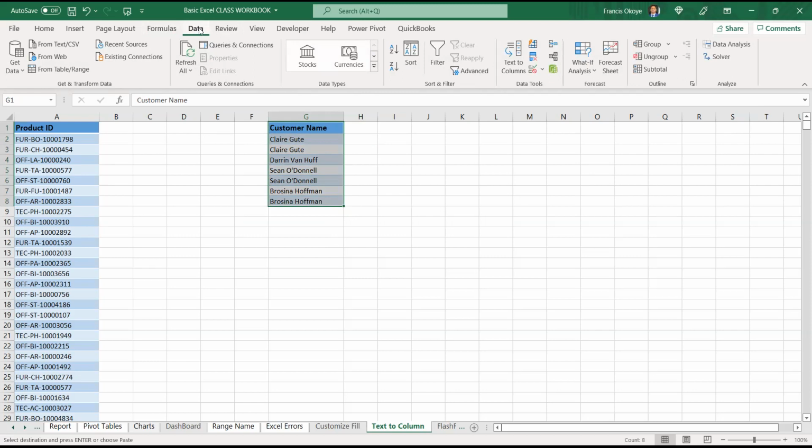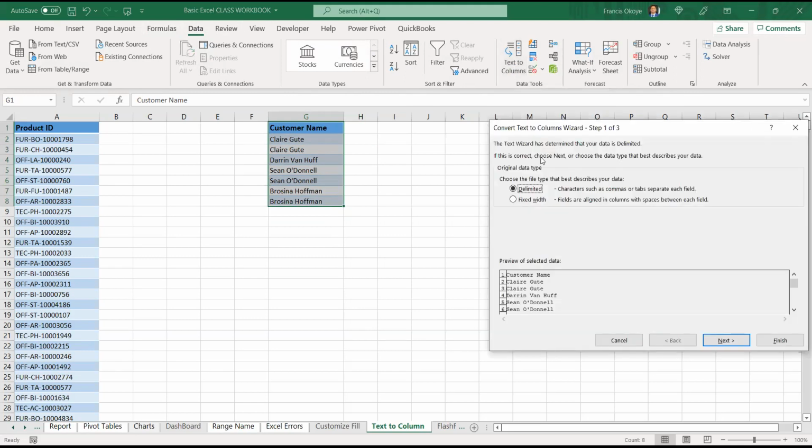Can you see data there? Yes, sir. You see text to columns. Can you see text to columns? If you have a character, whether it's a comma or tabs, you put it there.